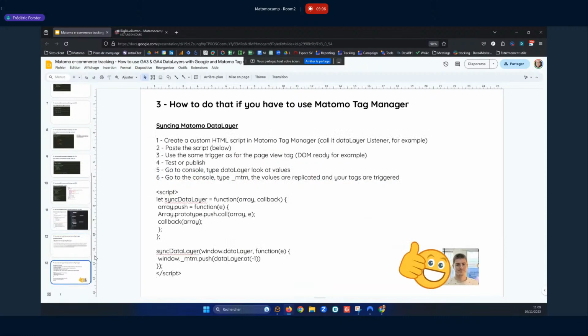So again, thanks to our beloved colleague, we have a solution. You can sync your Matomo data layer with the Google data layer. You have to use this custom HTML tag, and you will be able to take everything that's in the Google data layer to your _mtm data layer. So it's quite straightforward.